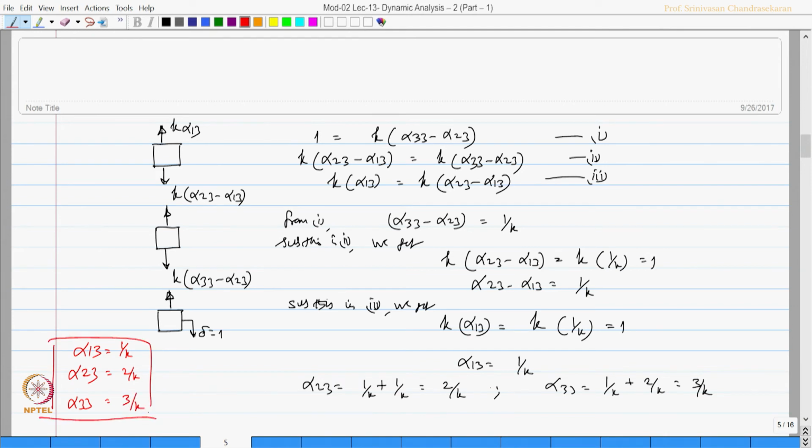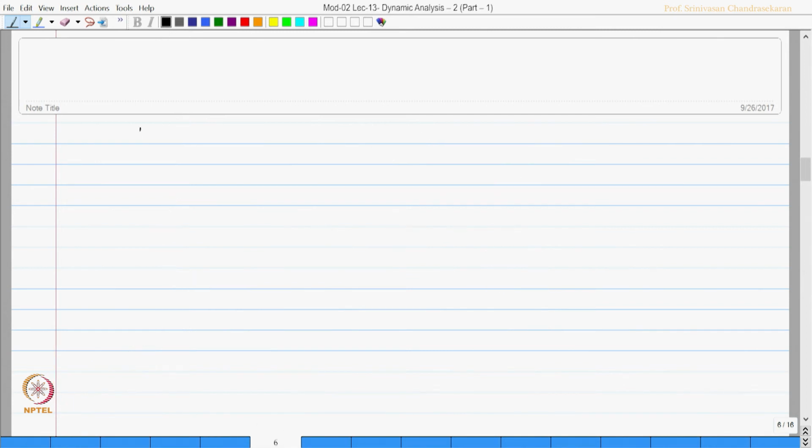I get the third column of the influence coefficient matrix. So, the influence coefficient matrix is derived directly as explained,